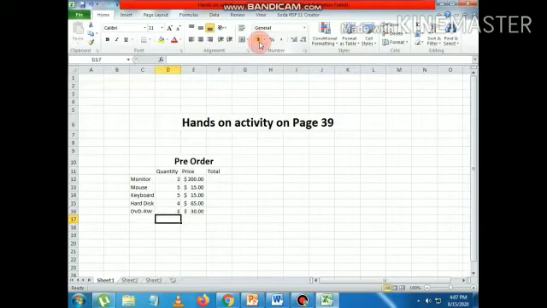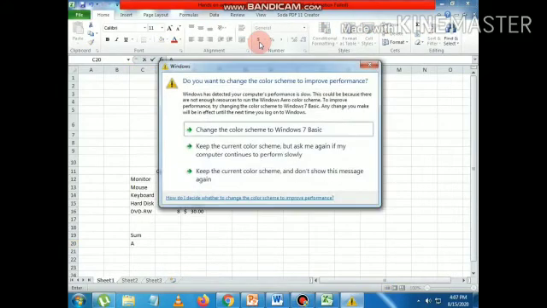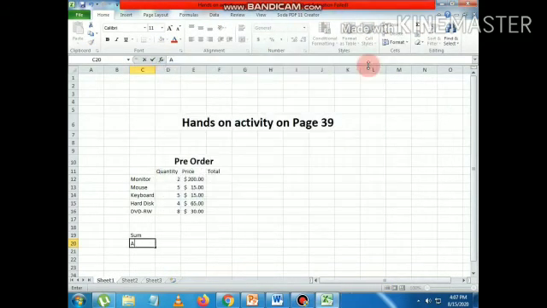And we will do the total, but before that we have to format these tables. We also have some functions. Suppose sum function, we will find the average cost, maximum price and minimum price. Now I am going to format this table.